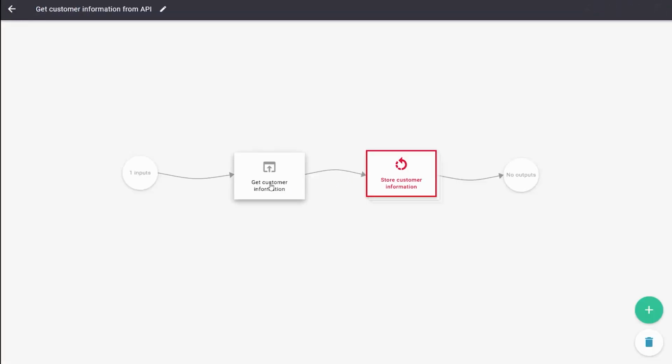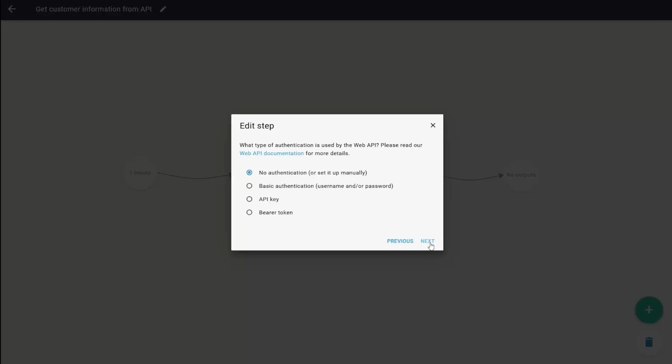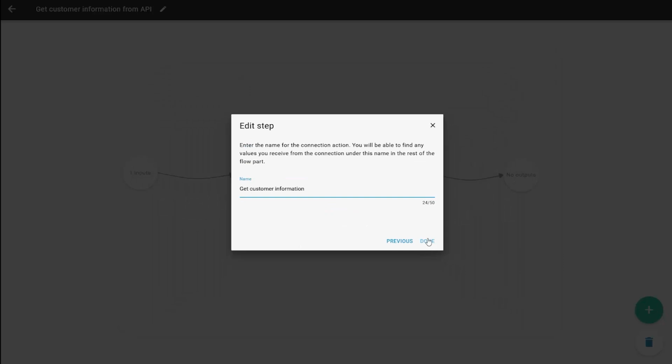In a web API, if you are syncing information which has a complex structure, like here where we are getting customer information from an API, and the returning data is a complex structure of nested arrays, in this case customer, which has orders, in which there are order lines, in which there are products with information, we now have made it far simpler to access